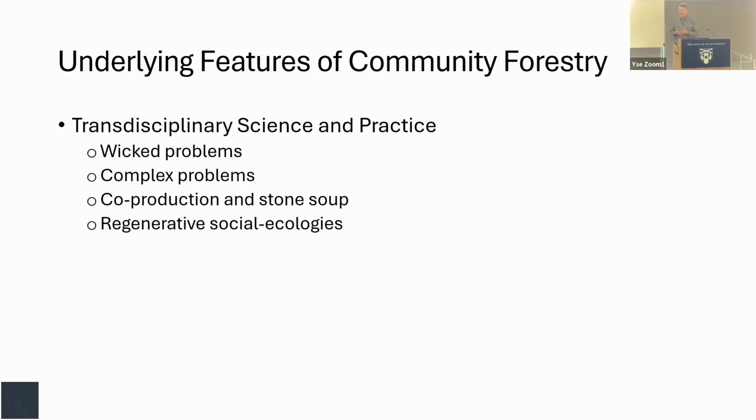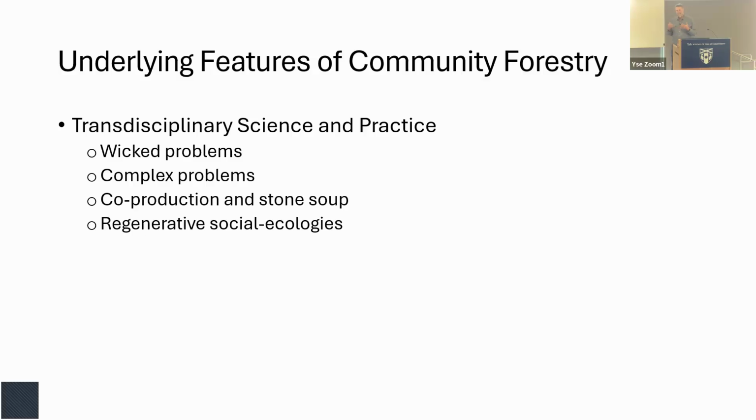Third is this idea of co-production and stone soup. And we'll talk a little bit later about what I mean by stone soup. But this idea that we have to co-produce our understanding of what the problems, plural, are. We need to co-produce what we think are the interactions and list out what the parts are. And we have to co-produce what the different solutions may be. For the different parties to our community forestry projects, what I want may be different than what you want, or what you want, or what you want. Ideally, though, the solution satisfies all of our needs and addresses all of our problems.